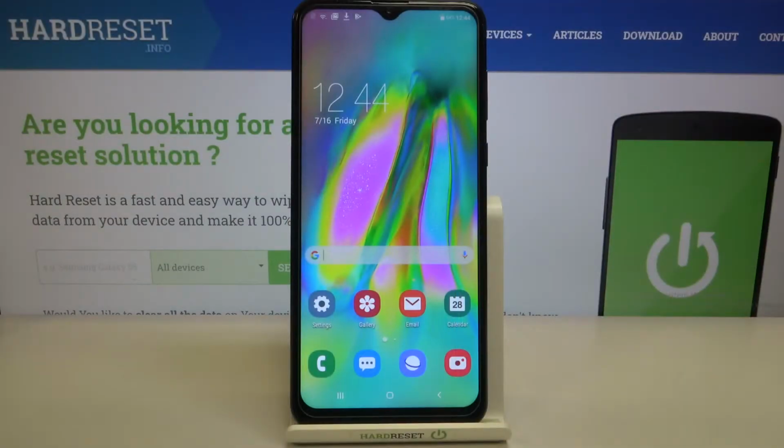Hi everyone, today in front of me is a fake Samsung and let me share with you how to set camera